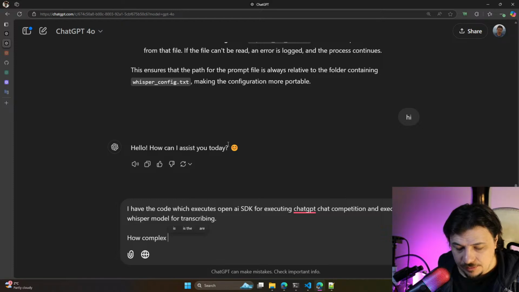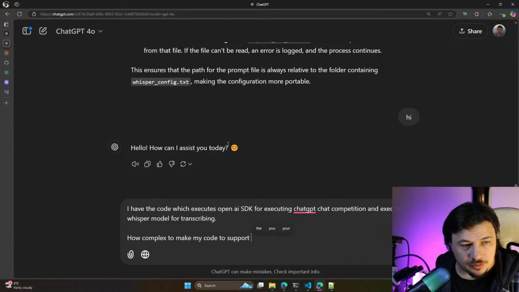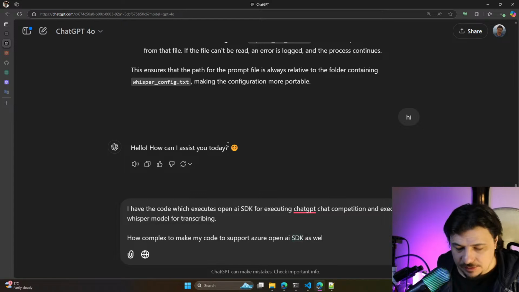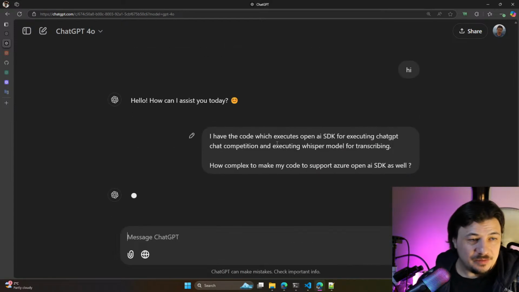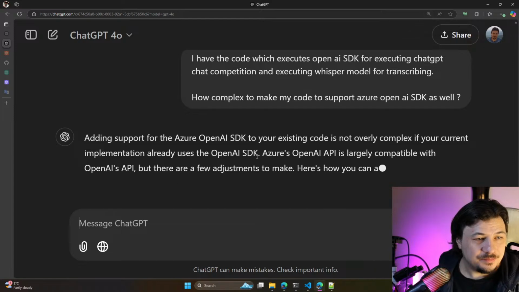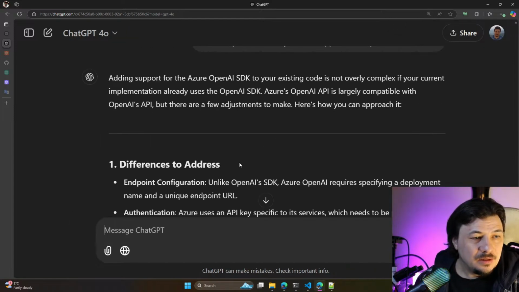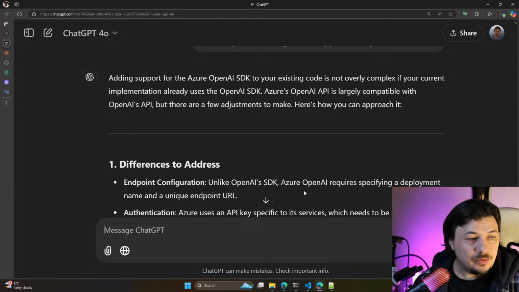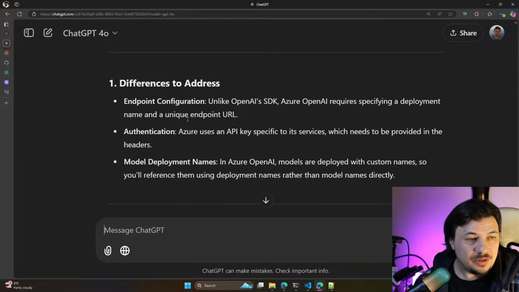How complex is it to make my code support the Azure OpenAI SDK as well? I'm not sure if that's the proper wording, but it requires specifying a deployment name and a unique endpoint URL.